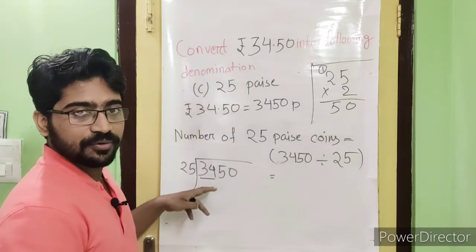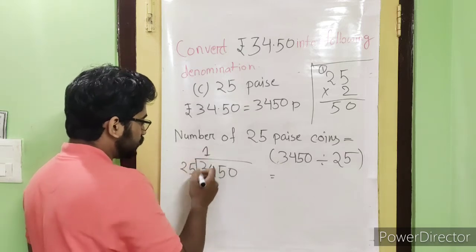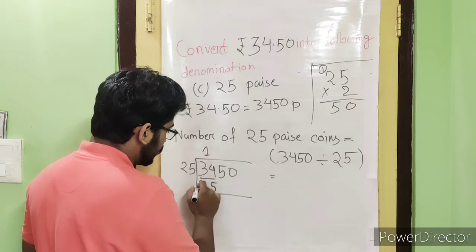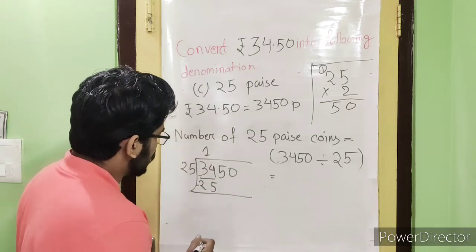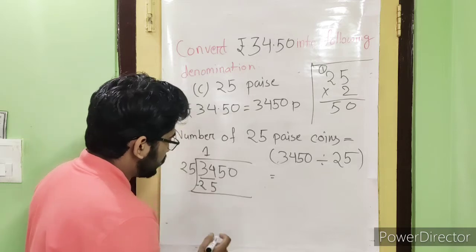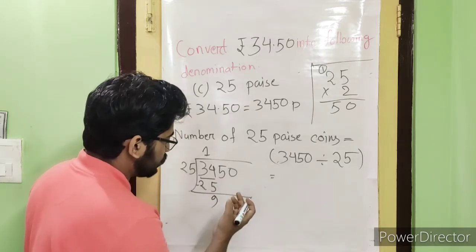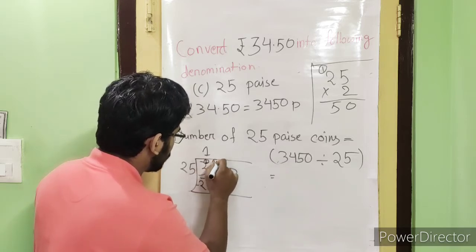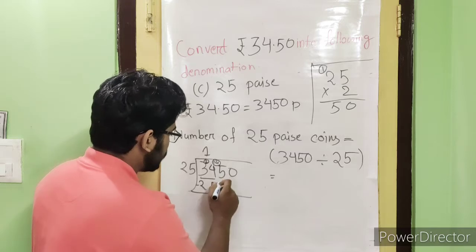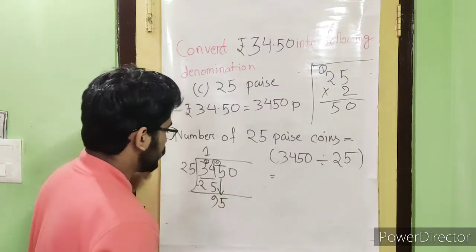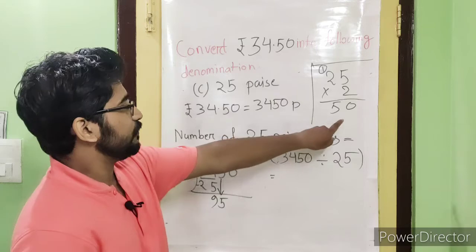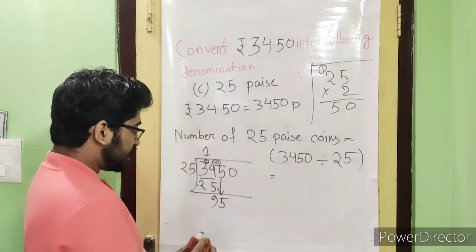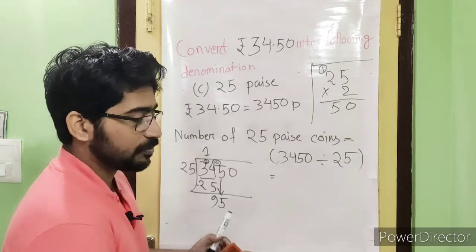50 is greater than 34. So what will we do? We will just simply write down 25 ones are 25, and after that we need to subtract from 34. So from 14, if we minus 5, 9 comes: 10, 11, 12, 13, 14. And it will become 2 here, it will become 14. So 2 minus 2 is 0. So 9 is here, and after that 5. So 95. Now 25 twos are 50 is smaller, but we need to see whether it is exactly smaller from 95 or not.